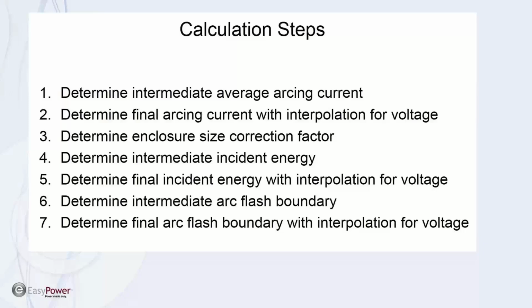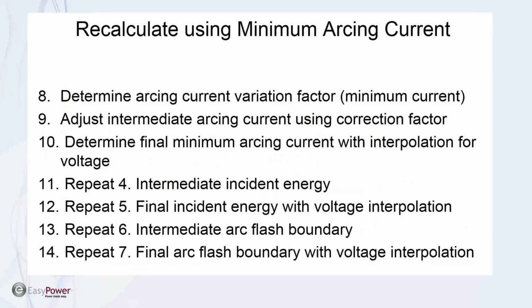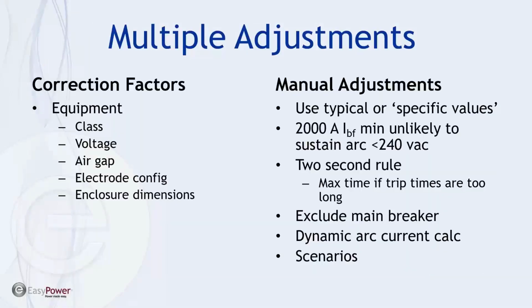Then we have to see how it affects the arc flash boundary by calculating our reduced arcing current, and then make adjustments to the arcing current and go back and recalculate and reinterpolate the incident energy as a result. And all this affects the arc flash boundary and the incident energy. So it's non-trivial, and there's the intersection of the ability to do multiple correction factors. Now, this includes the class of the equipment, the voltage, the air gap, the electrode configuration. And these are built in, as you'll see,